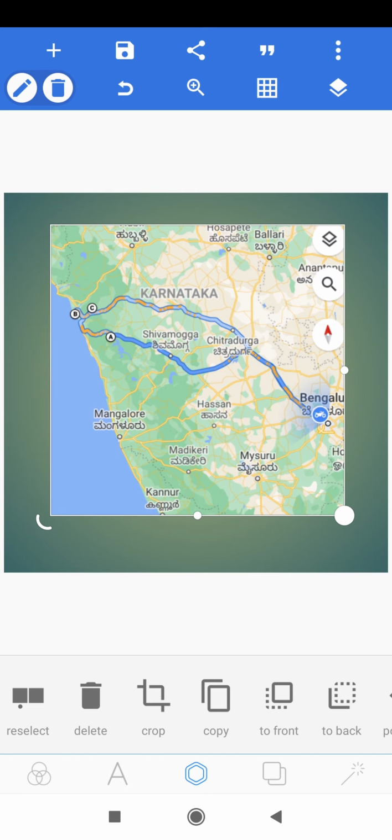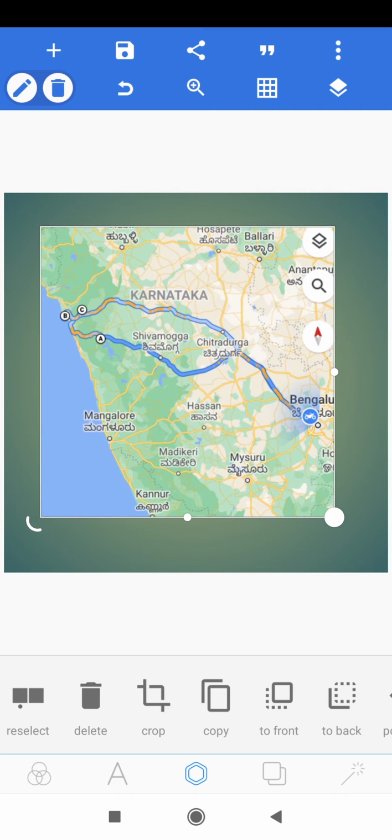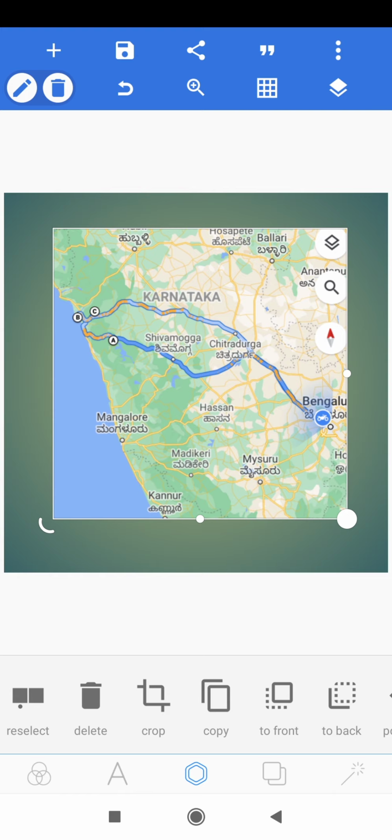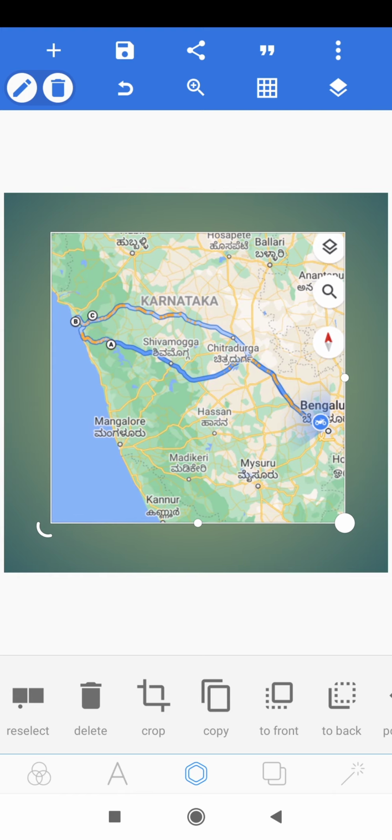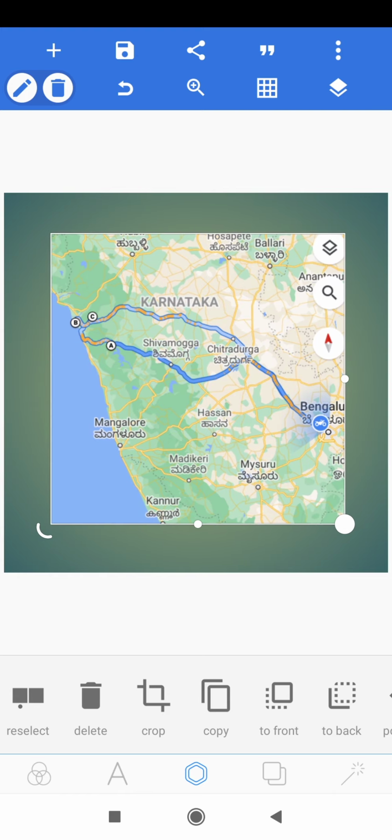Okay, now I will just make it properly centered, and you can see from Bengaluru to A, the plan is near Shivamogga. It's a waterfall, Jog Falls, and from there I want to move to Gokarna B, and from there I want to move to C. It's Yana. Okay, so this is simply an approximate plan, just to teach you how to make the animated map.